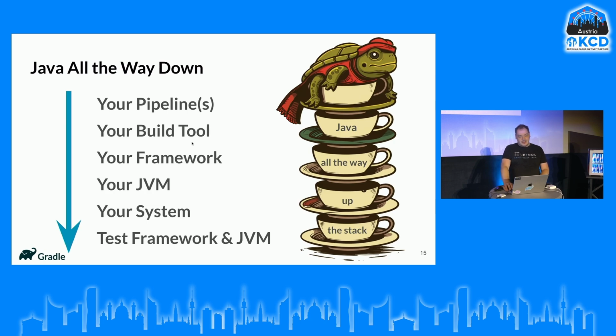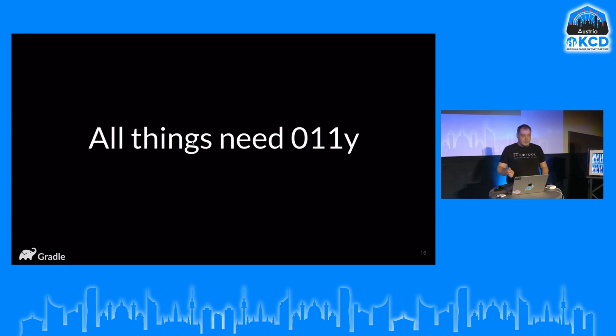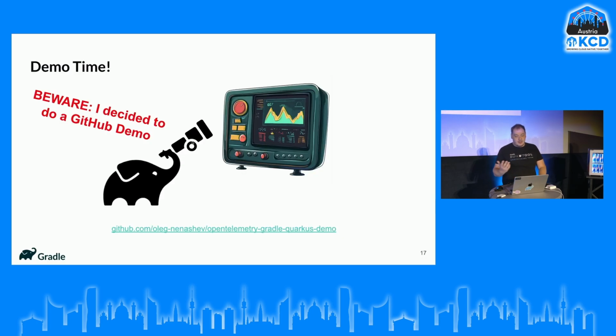And then we finally end up with the operating system and then test frameworks, etc., that also have quite a lot of infrastructure. So if you want to observe your build pipeline in continuous integration, you need to do all of that. If you speak about continuous delivery, it becomes even more interesting. But let's stick to CI for now. So for all the steps, we need to add some observability. And actually, there are solutions for that. So I want to just show you some tips.